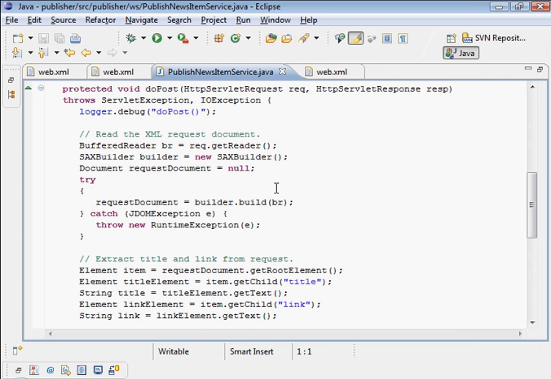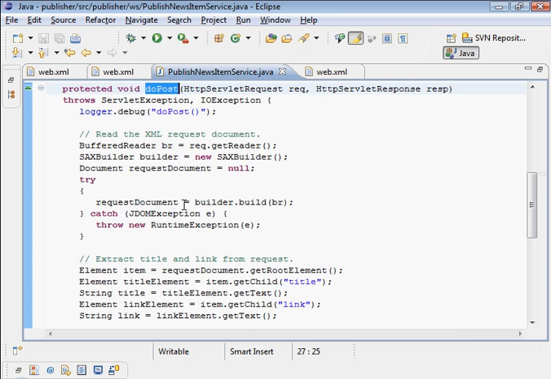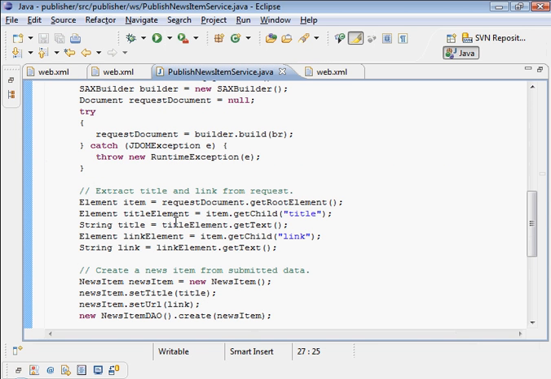And so we implemented this web service using a doPost method here. That means the connecting client will submit the information about the news item to publish through an HTTP post request. As you can see, the connecting client provides us with an XML document with the information in it, the title of the news article,